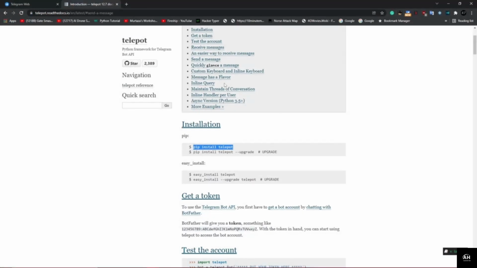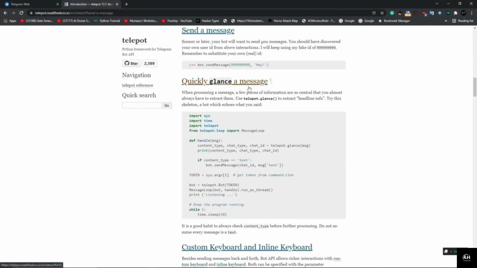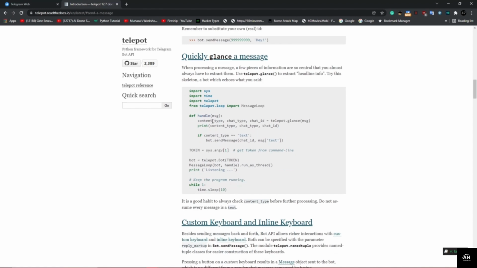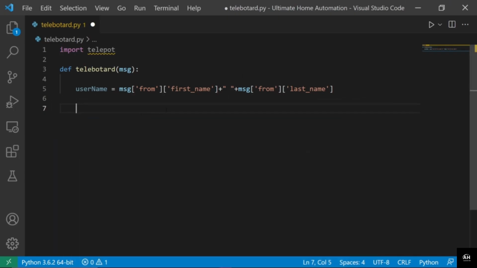And after that in the next line what we will do is we will just add this piece of line from here. I will just click on send message. After that we will just copy this line of code that we have here. So using it we can just get the type of content, chat type and chat ID of that particular person that is sending us the message. So I will just paste it in here,